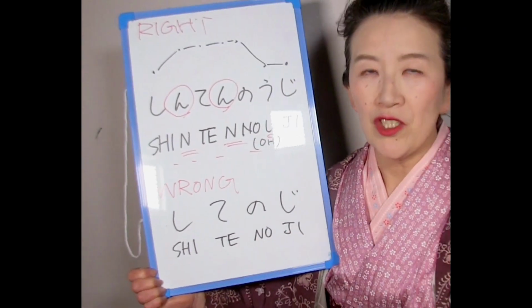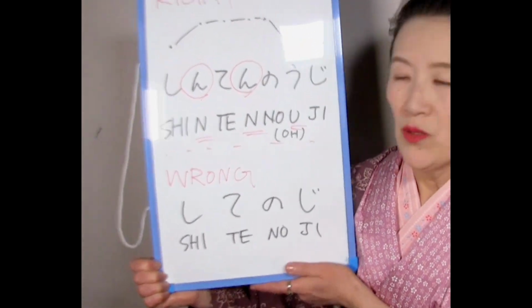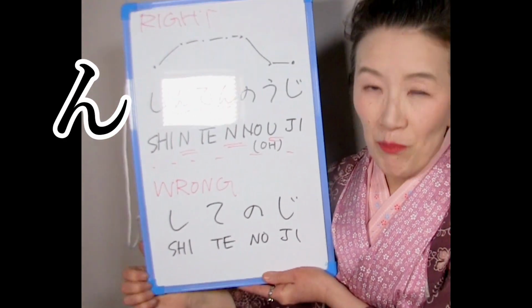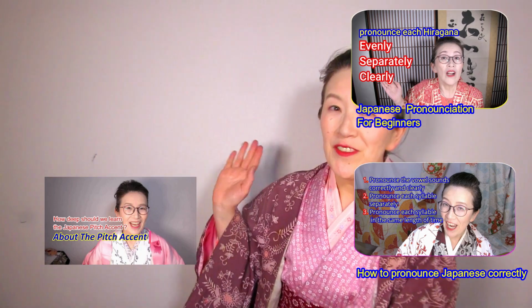Shintennouji に聞こえるんですね。はい。Please notice that there is one more thing about Japanese pronunciation. The most important thing is that each hiragana has the same length of time. Please watch this video and this video. These videos will help you to practice Japanese pronunciation because each hiragana has the same length of time,